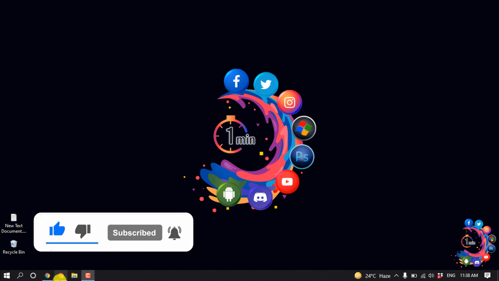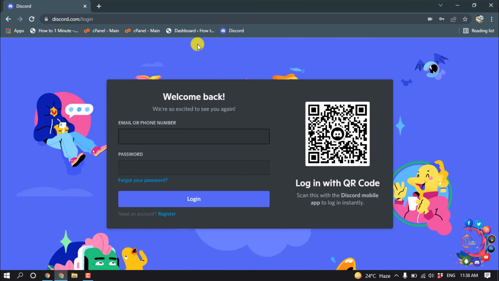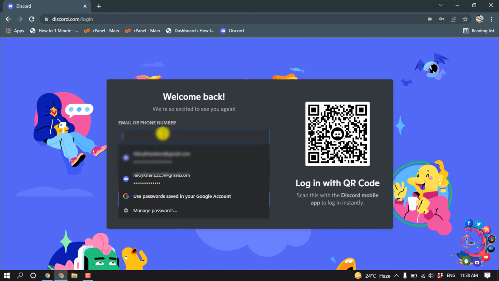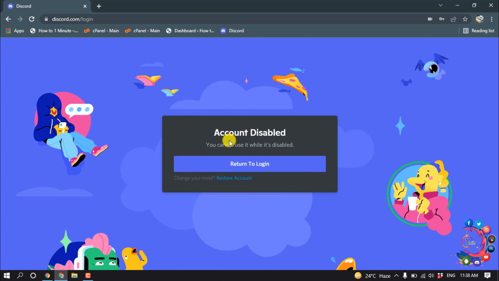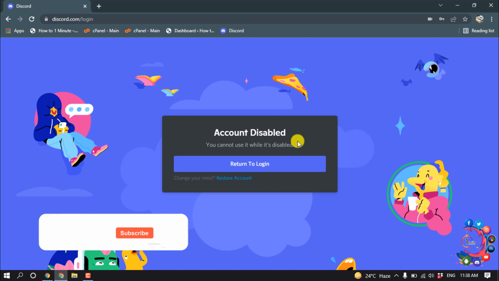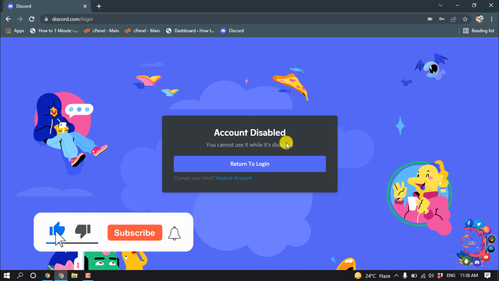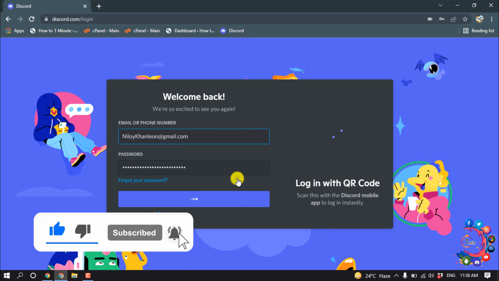So first of all, open the Discord login page, and now here you have to put the account username or email or phone number and the password of the account which has been deactivated. So I'm going to put in my account email and the password, and then click on login, and here we can see the notification showing up here, account disabled. So if you want to undisable the account, we have to click on restore account,